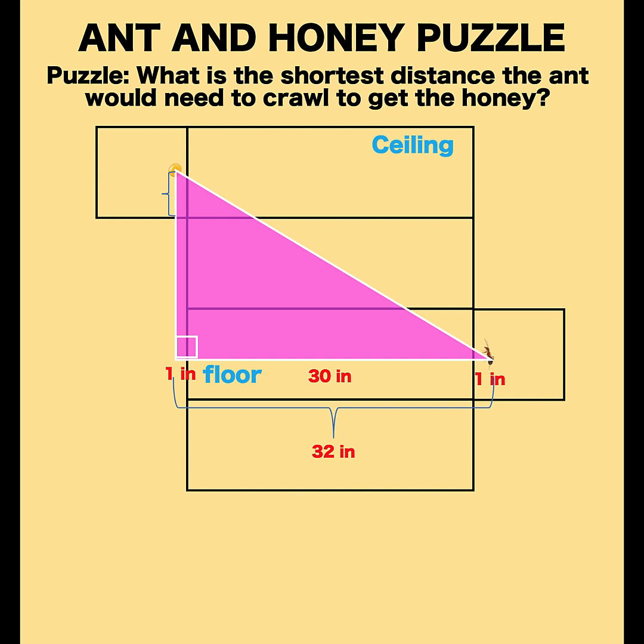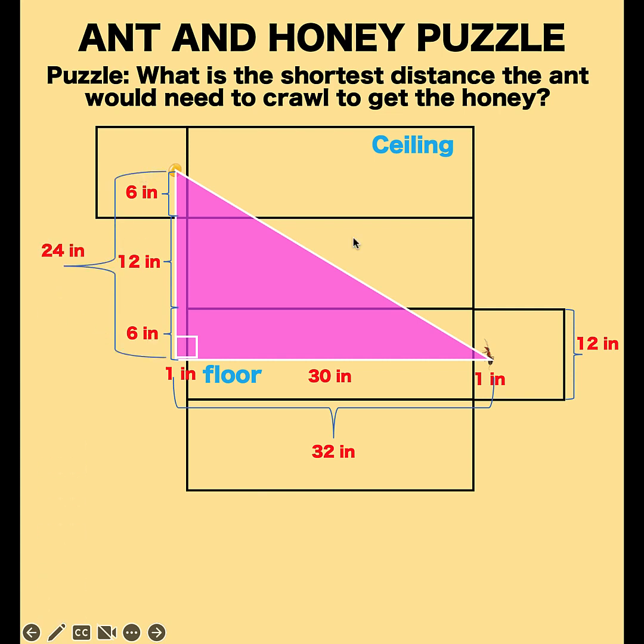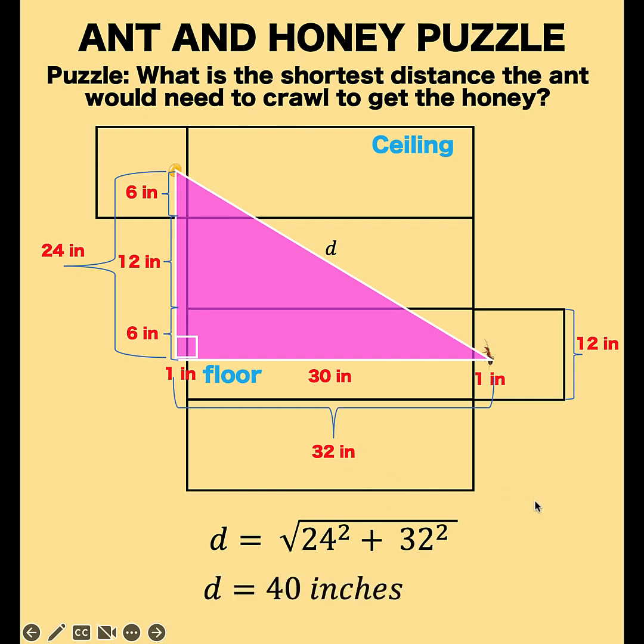For the height of the right triangle, again, this is 6 inches here plus 12 inches. And then, again, this is 12 inches here, but that is divided into two parts. So this must be 6 inches. And so the height of the right triangle is 6 plus 12 plus 6, which is 24 inches. And solving now for d using the Pythagorean formula, d is equal to the square root of 24 squared plus 32 squared. And this gives us a value of d to be 40 inches. And this is now the least possible distance that the ant has to crawl in order to get into